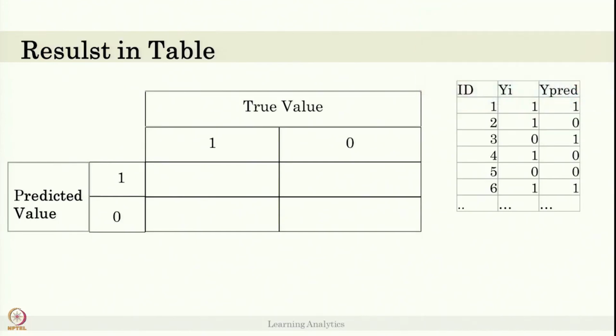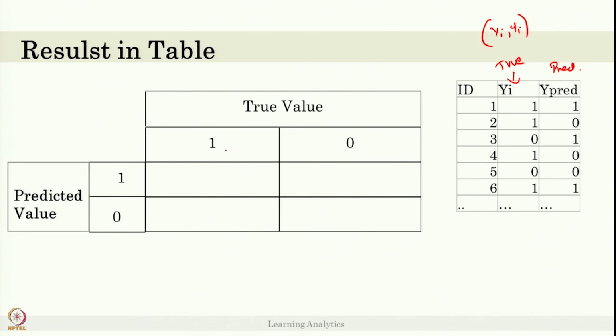So, if I have the results in this kind of table, and I want to convert this into this kind of table format, for example, I have yi, the true value in your test set. You have xi comma yi, and you gave only xi to the machine learning algorithm to get a y prediction; the yi is with you. So, that is the true value and this is the predicted value. Predicted value is 1 and 0, and true value is 1 and 0. This is called a confusion matrix,